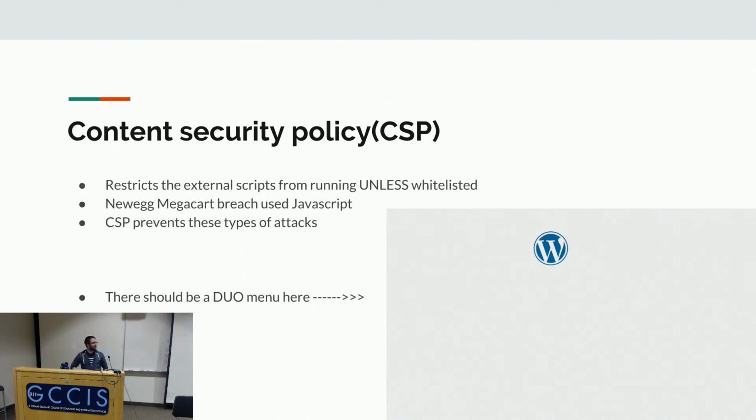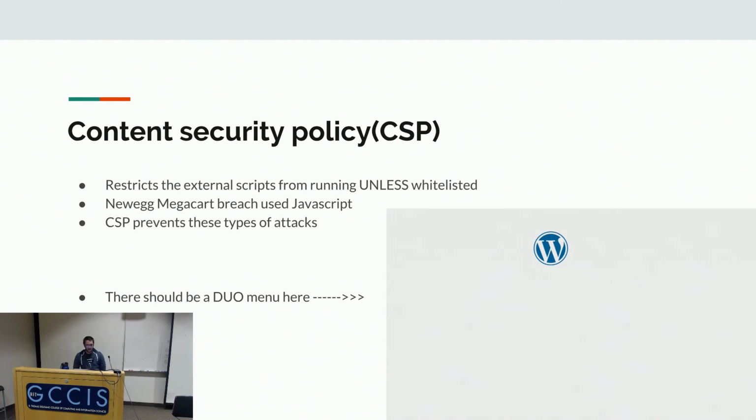So I put CSP on my website because I got attacked by a JavaScript attack. And here is supposed to be a Duo login. It's supposed to be there, but it's not, right? My website worked absolutely fine, and I was like, cool, CSP's working. My users can reach my website. There's nothing wrong. And then like a week later, I went to create a blog post, and I couldn't log into my instance. My users could access my website just fine, but me as an administrator couldn't. So here's me putting in a preventative measure that shot myself in the foot. Making sure that you have test cases and you test these things thoroughly is really important.